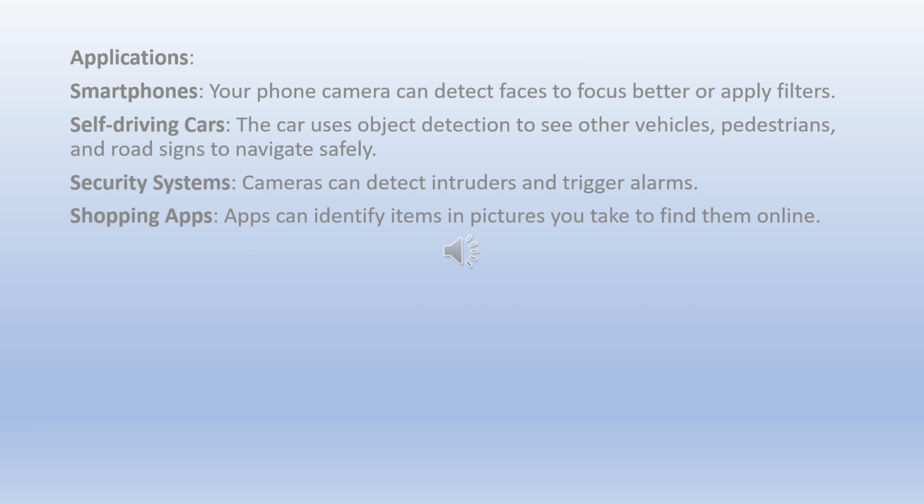Another is the security system. If in a building or a bank, they are mainly concerned about security. They have a special room where only the bank employees can go. There they can deploy this, so that if any other object or any other person is seen entering the room, the alarm triggers.